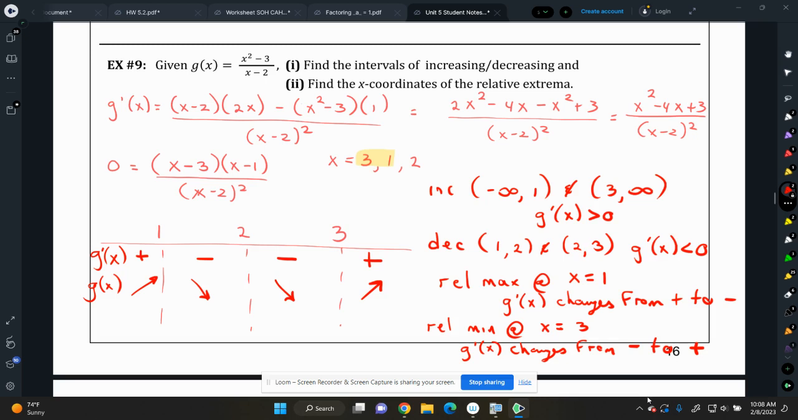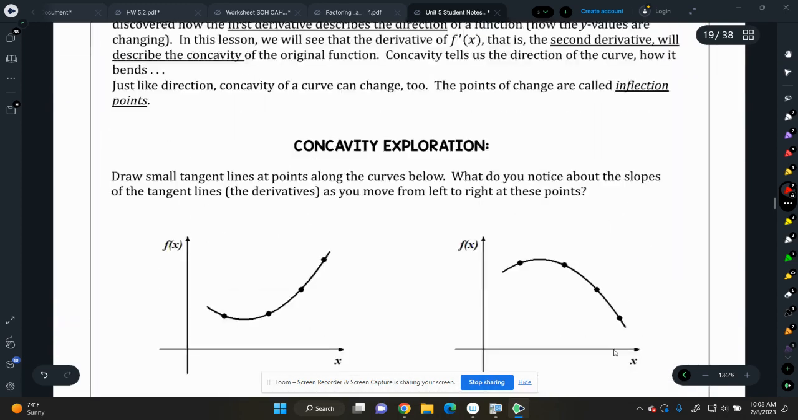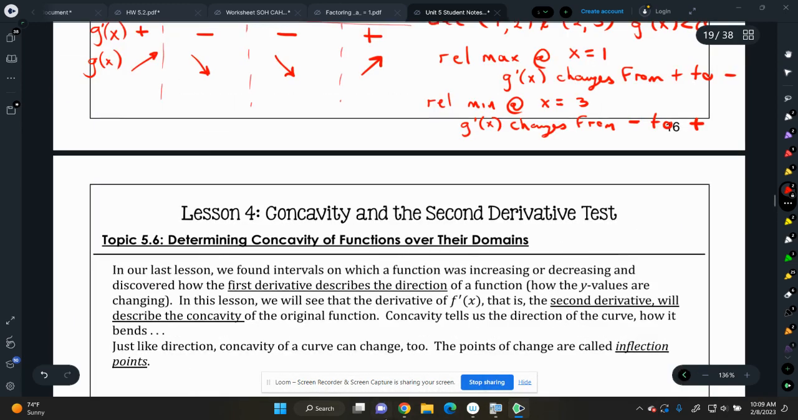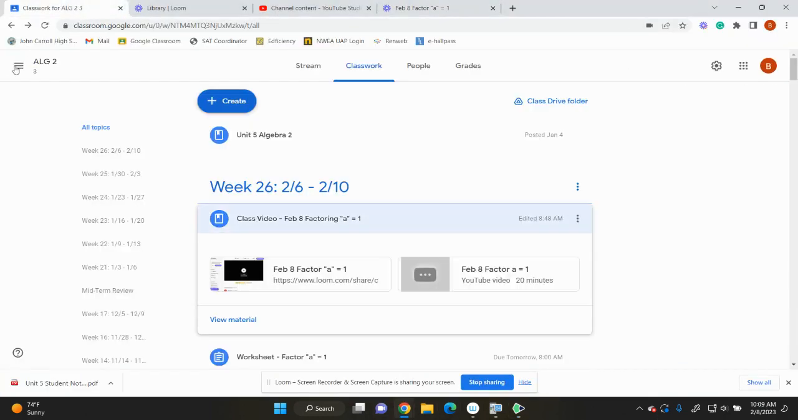Okay, I think tomorrow I will do the second derivative test. What I'd like you to do, there is 12 to 18. Where is that? Oh, that's the homework. So in your Google Classroom,